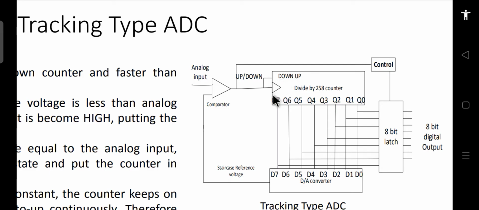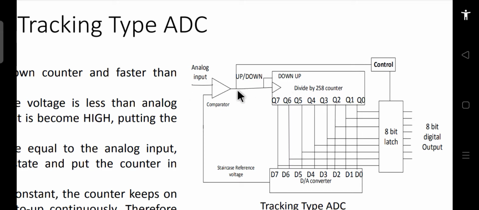So the counter does not start from 0 every time, and the settling time gets drastically reduced, and therefore it can track the analog input voltage. That is why it is called the tracking type ADC: when the analog input increases, the up counter works, whereas when the analog input decreases, the down counter starts working. So you can understand its operation.